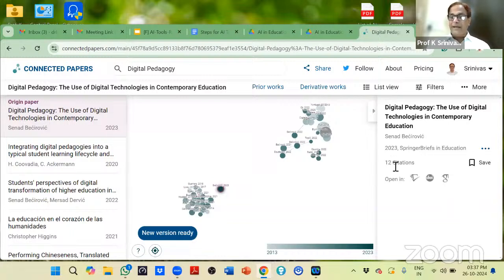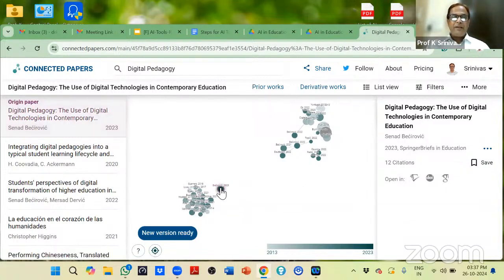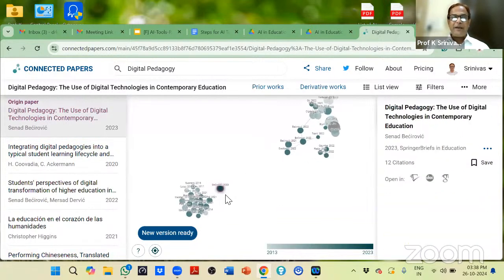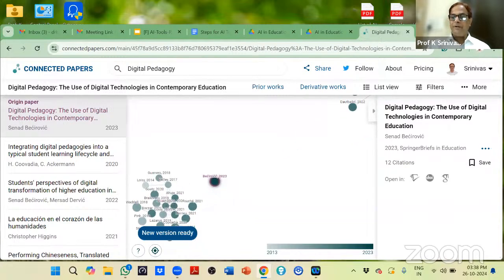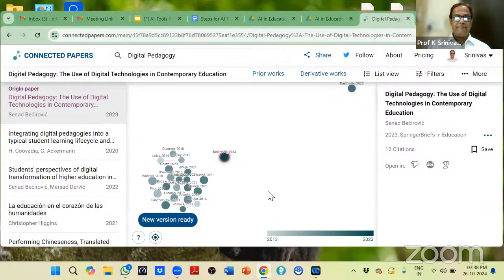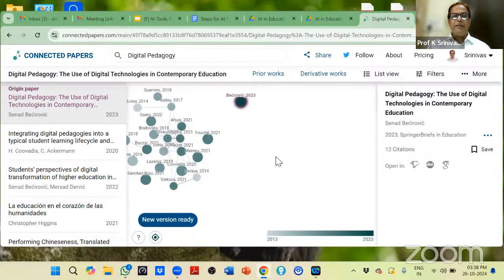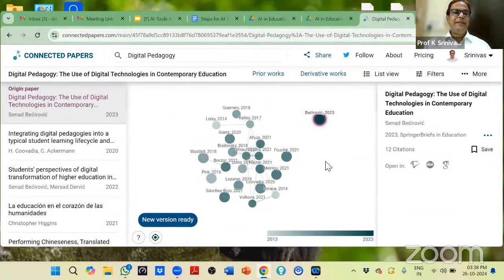और इसके साथ 12 साइटेशन हैं, सेव भी कर सकते हैं इसको, सिमेंटिक स्कॉलर से ओपन कर सकते हैं, डीओआई से ओपन कर सकते हैं, गूगल स्कॉलर से ओपन कर सकते हैं। ओके, और सबसे इंटरेस्टिंग वाली बात है, ये कनेक्शंस देखिए, इसके साथ ओरिजिनल पेपर है। और क्योंकि थोड़ा फॉन्ट का इश्यू आ रहा है, एक सेकंड में थोड़ा सा इसको ऐसे करके देखिएगा। और देखिए यहाँ देखिएगा। ओके, और ये 2023 में पेपर लिखा था। देन अदर पेपर्स भी देखिए,